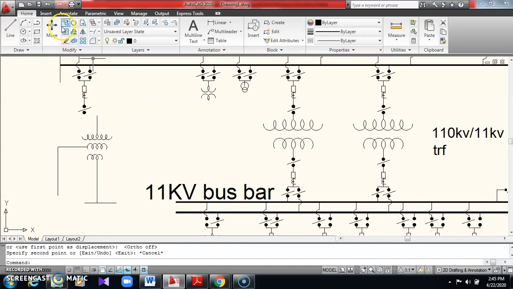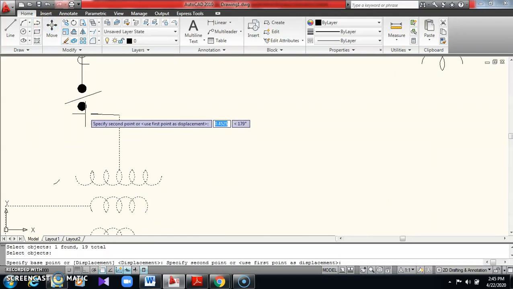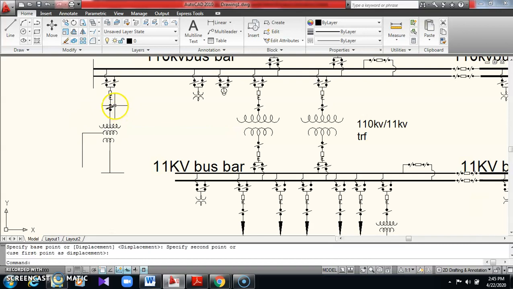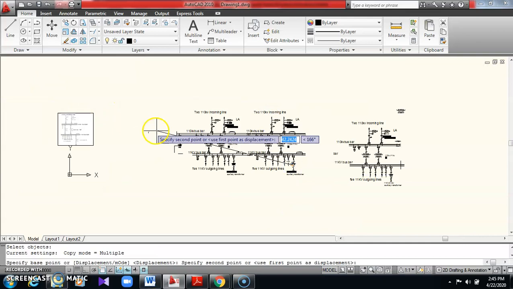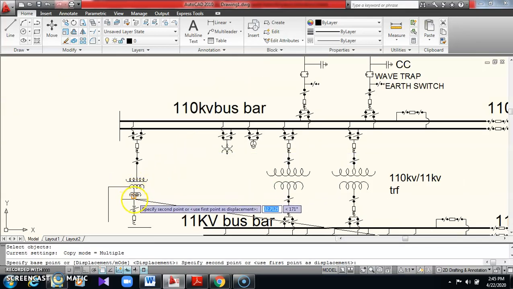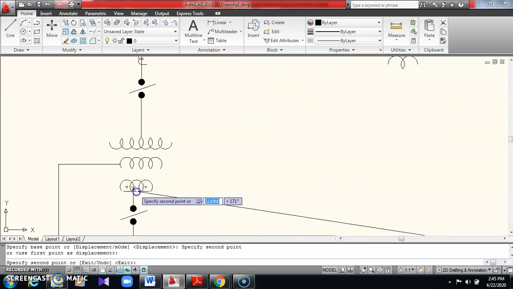Now I'll move this 3 winding transformer over here. Just I'll copy this and paste over here. Okay, this is the 3 winding transformer, and the same thing below also you have to copy paste. Just copy this isolator, circuit breaker, isolator. Actually below also an isolator you have to provide, it's missed here. So isolator, circuit breaker, isolator you can provide, no problem.